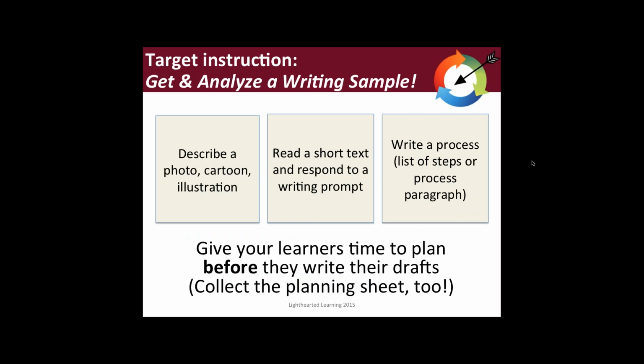Obviously, if we're talking about a beginning literacy student who cannot write, then the writing sample becomes a language experience activity, and we see maybe how they think about what they're seeing or doing. But you would ask students to perhaps describe a photo, a cartoon, or an illustration. You can pull it out of your textbook. You could have them read a very short text, even a conversation. I would actually do it in the first couple of sessions, and have them respond to a writing prompt about what they read. Or they can write a process, something that they know inside out how to do.